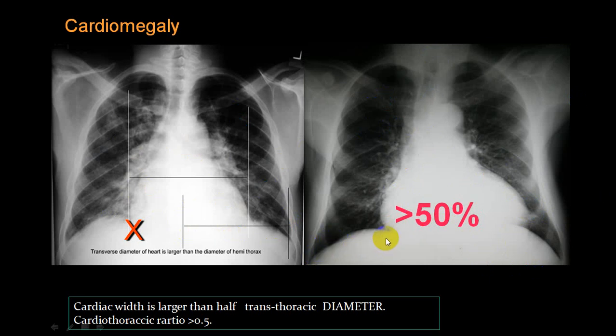In inspiration or expiration, it should be in a full deep inspiration. There should be no rotation of the heart. Look at all those things and then only label that as cardiomegaly or not, and the shape of the heart. You can roughly see this is a cardiomegaly and this is LV type. This is LV type and the size is more than 50, so you can call that a cardiomegaly.